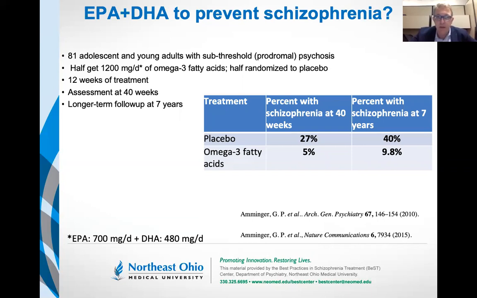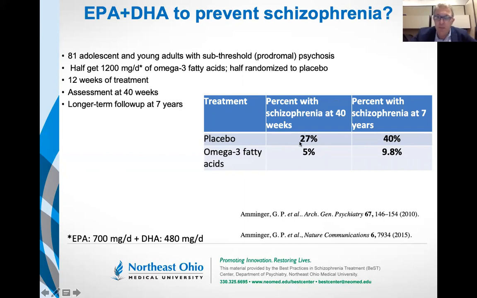Speaking of the antipsychotic effect, or in this case, the psychosis preventing effect of omega-3 fatty acids, in this case, predominantly EPA, a fascinating study came out now about 10 years ago, where they took individuals that met criteria for prodromal psychosis. They didn't have enough symptoms to merit a DSM-based diagnosis of schizophrenia, yet they had prodromal symptoms. They randomized these youth to treatment with EPA and DHA versus treatment with an oily placebo, and they found